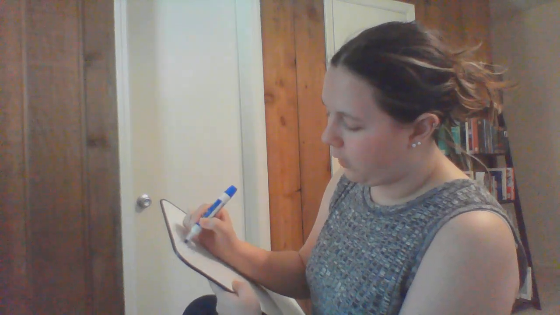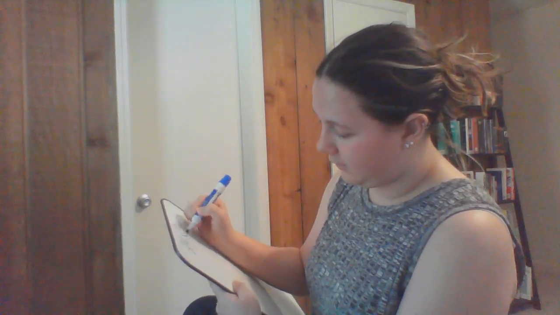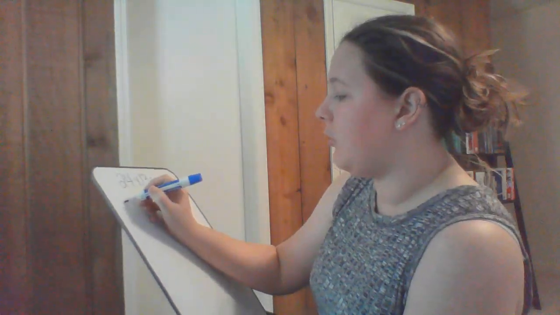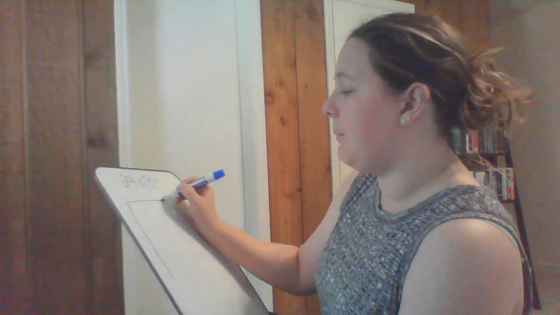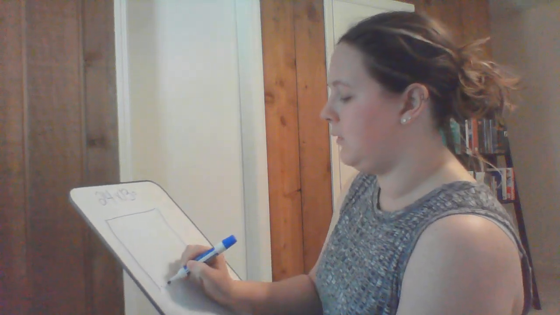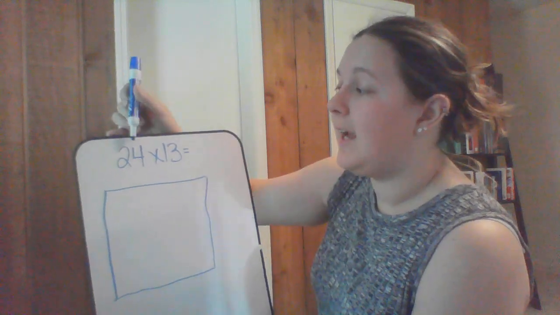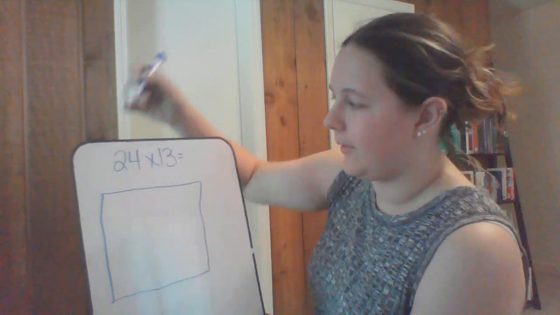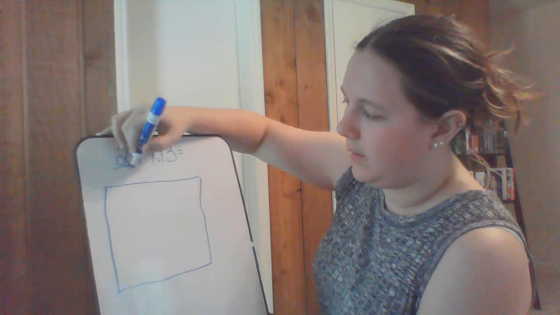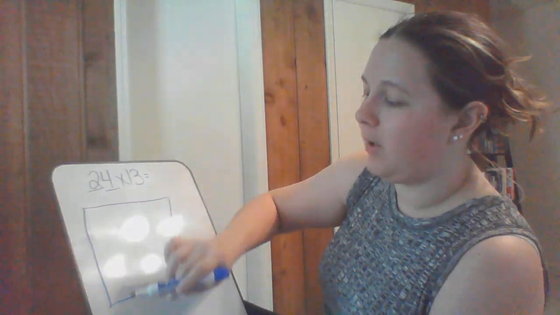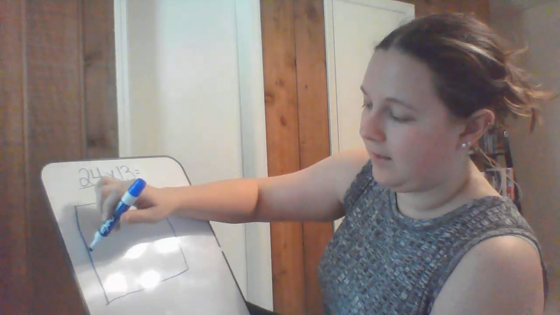So a 2 by 2, our problem this time is going to be 24 times 13. Remember, we always start by drawing our box. Doesn't matter what type of number they give us, we can draw the box. We're going to ask ourselves, looking at the first number, how many digits are there? Remember, we count our digits: 1, 2. There's 2 digits there, so we're going to break our vertical side, the up and down side,